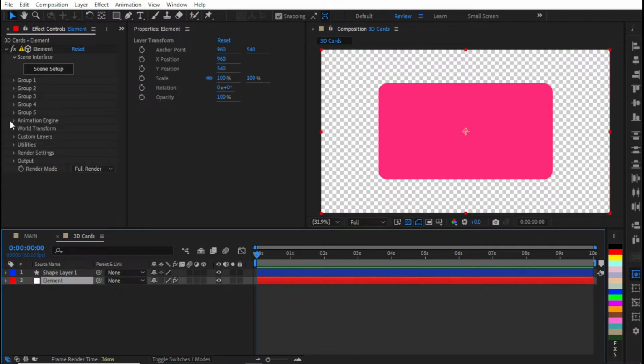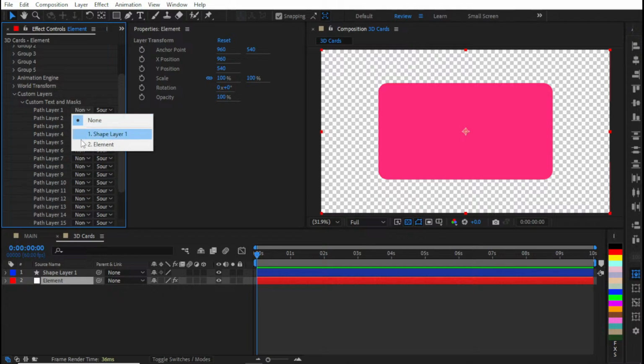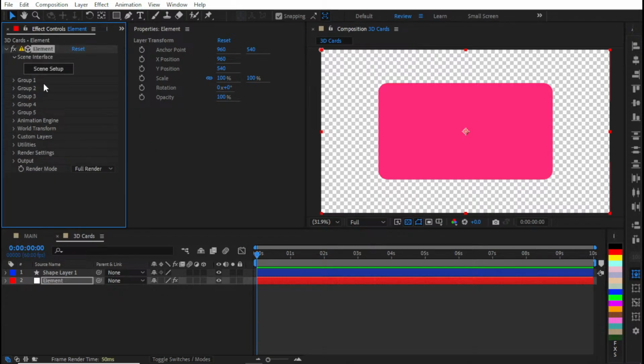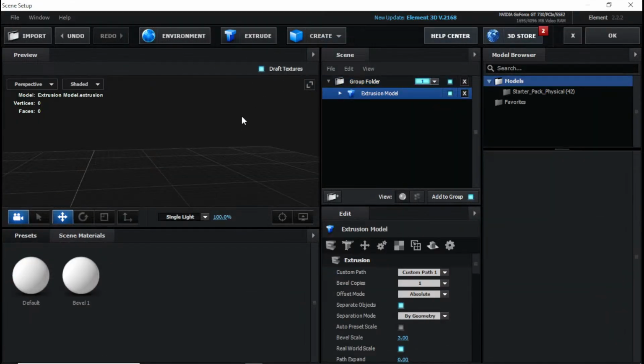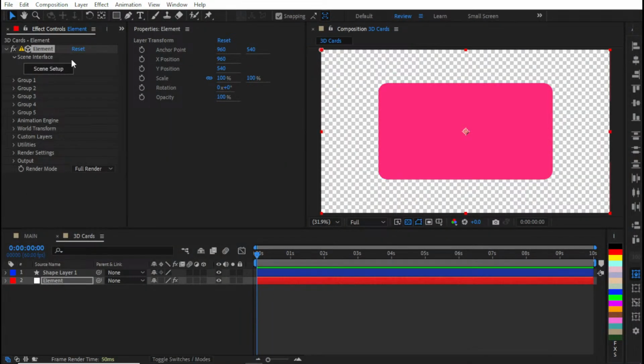Now I will go to the element layer, in effect controls, then I will set custom text and mask. Okay, I will just select my shape layer from here, go to scene setup, and here I will just extrude this. Okay, so it should work, but it's not working, so we have to find another way. Let's hit OK. Let's go to custom layers